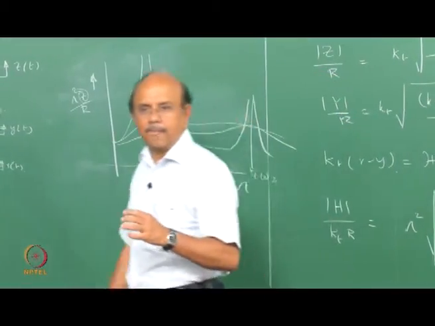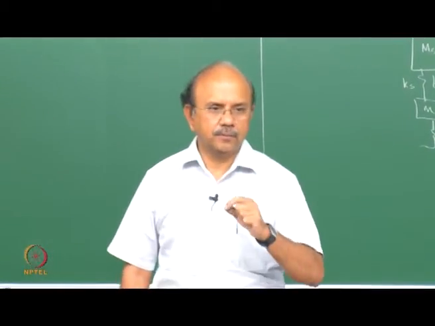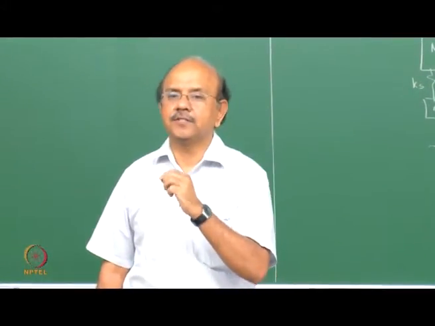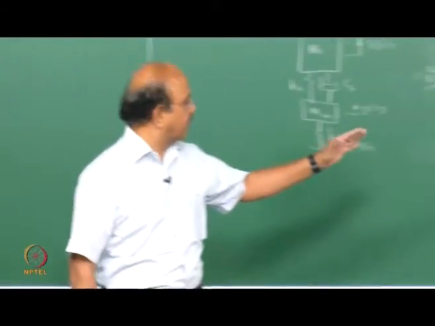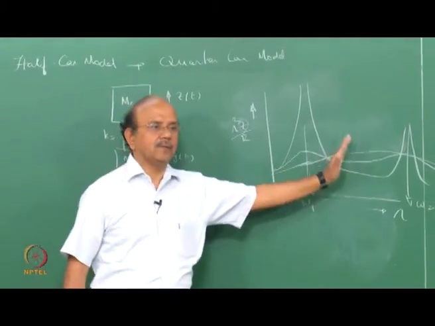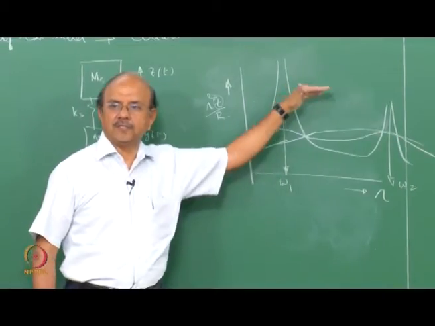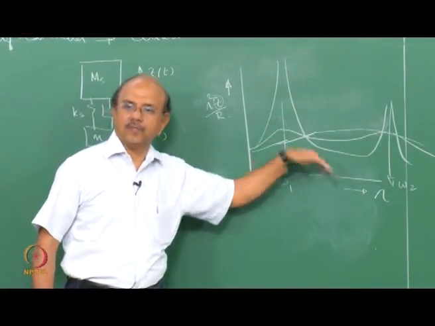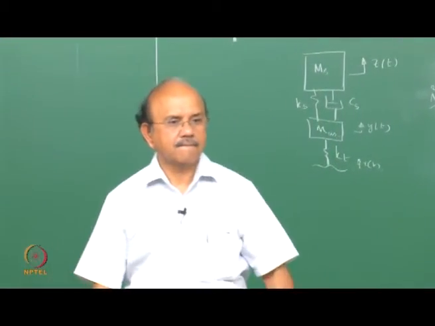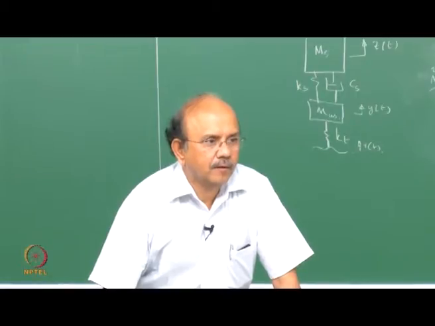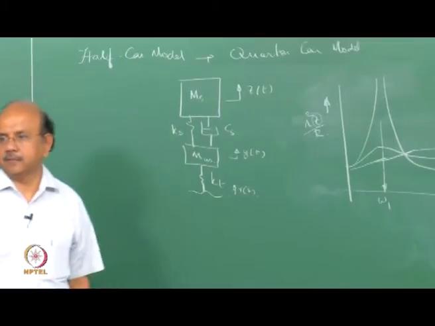So in other words, optimizing the suspension, especially the shock absorber, is not a task which is very obvious and trivial, because of this kind of graph where its behavior is not going to be the same. One compromise results in an increase at other place, and vice versa. In order to understand this, is this clear? We are now going to see how we get this graph. That's going to be my derivation.